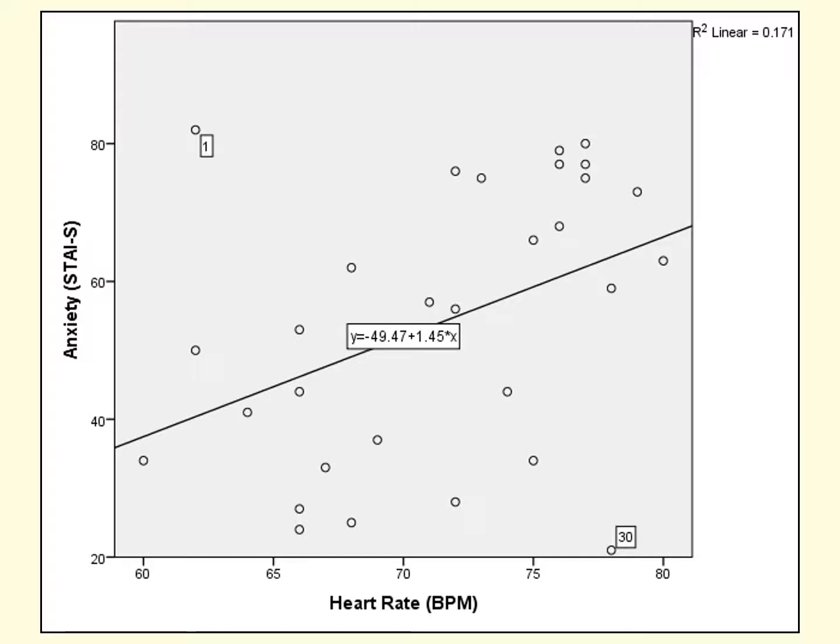You can double click on it to open up the chart editor, and using a little bullseye tool that you'll find in the toolbar, you can bullseye different cases. Here I've obviously bullseyed the two cases that are kind of the most extreme in terms of their residuals. They're the ones that have the largest residuals, and when you bullseye them, you get the case number for that particular case. Now, case number just refers to the row in the data set in which that particular case occurs,